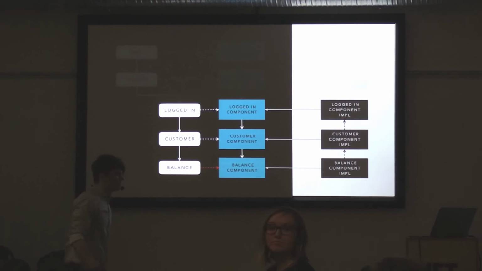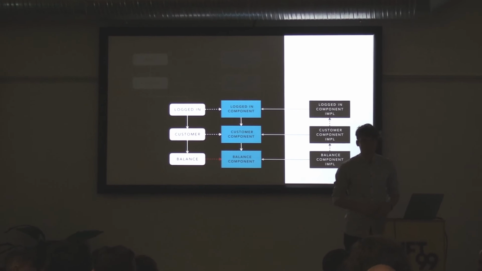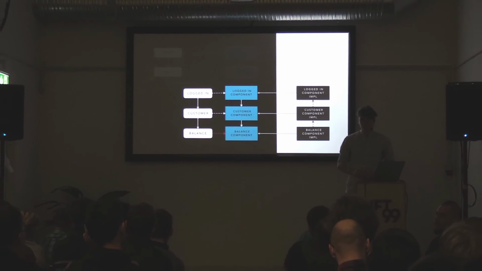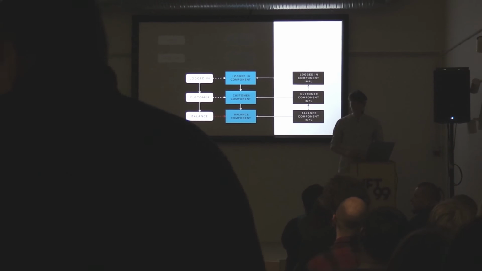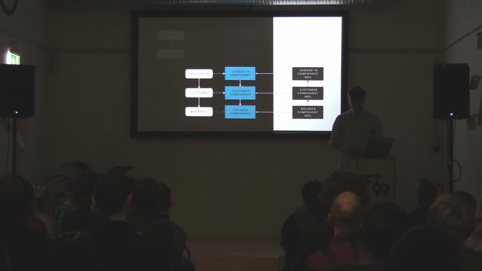Yeah, thank you. And another question, if I might. Can you also elaborate a bit about the composition route? Do I understand correctly that all of the things that require some dependency injection should be initialized in the composition route, or are there some boundaries, where something should be initialized there and some other things somewhere along the path?